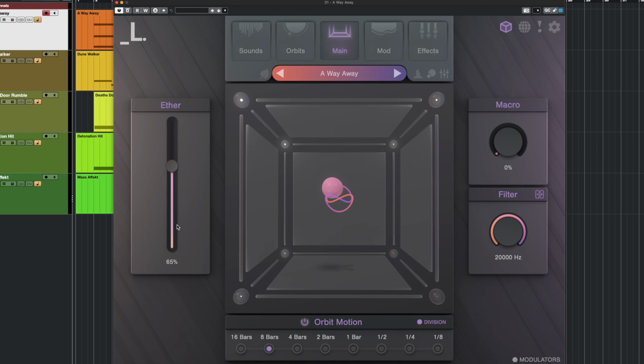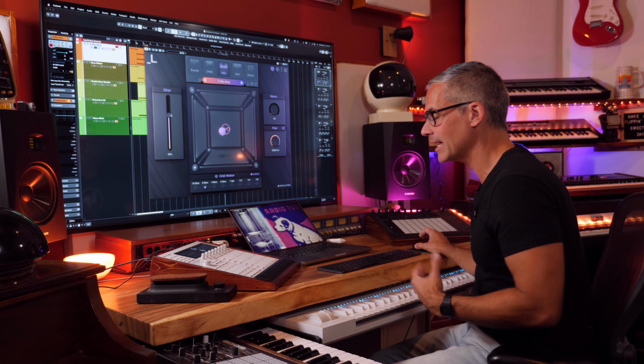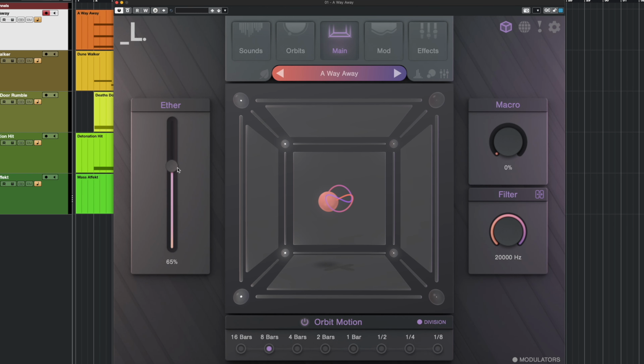On the left-hand side, you can see we've got an ether slider, and they've also done some stuff behind the scenes with every sample, where they recorded a version that was lighter, and then they also had a version that was somehow more intense. And so this ether slider takes your samples and makes them more intense, whatever that means. So sometimes it feels like a filter, other times you can tell it's a different sample